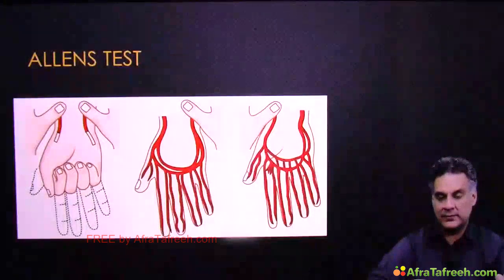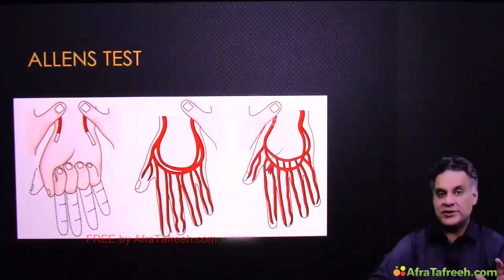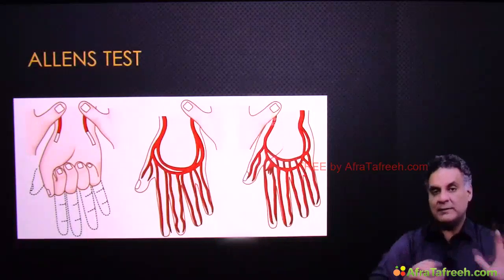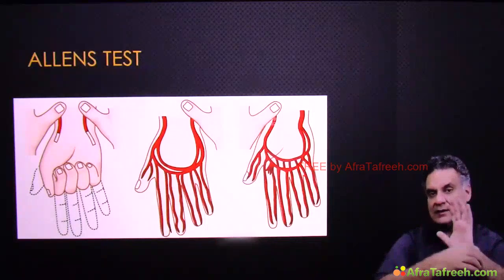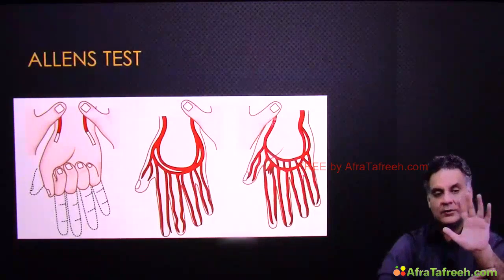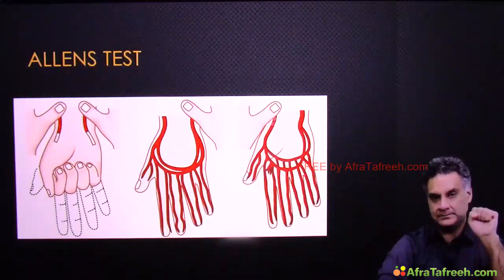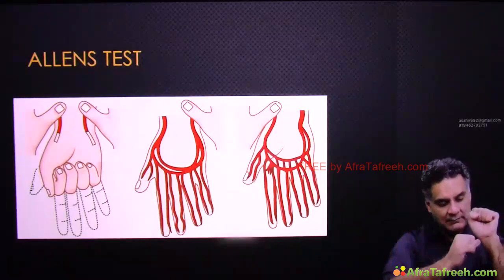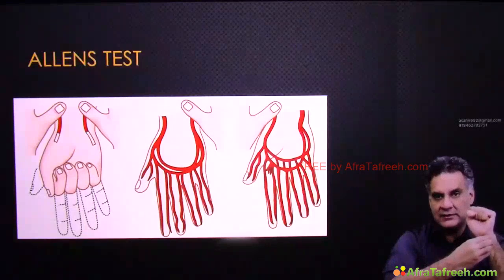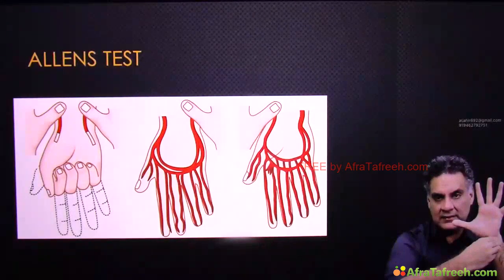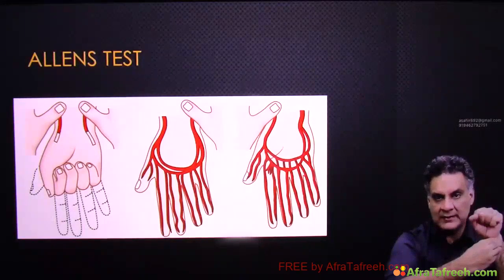at multiple places. Another video that featured in AIIMS exam was Allen's test. Allen's test talks about the patency of the radial artery and the ulnar artery in profusely supplying the hand. What do you do here? You ask a patient to make a fist. You have squeezed out the blood. Now, with your thumb, press the area of the radial artery, and with the fingers, press the area of the ulnar artery. When you do this, and you open the fist, you can squeeze out the blood, and it